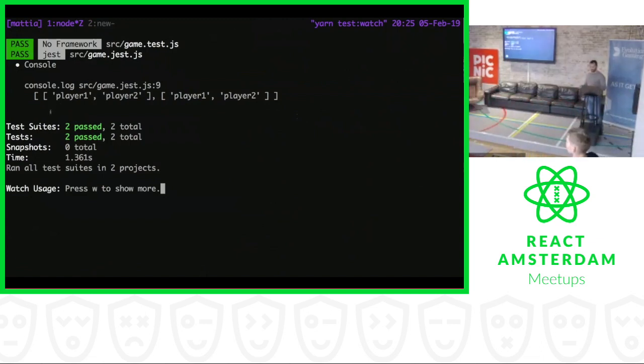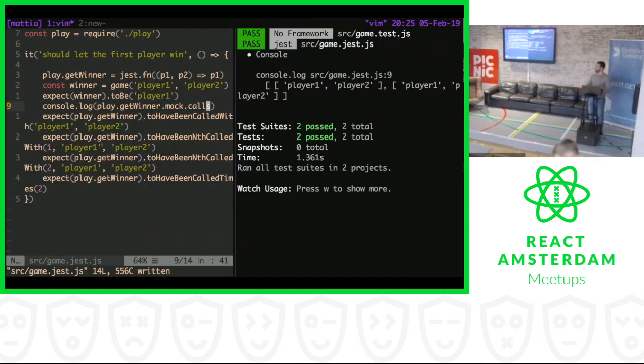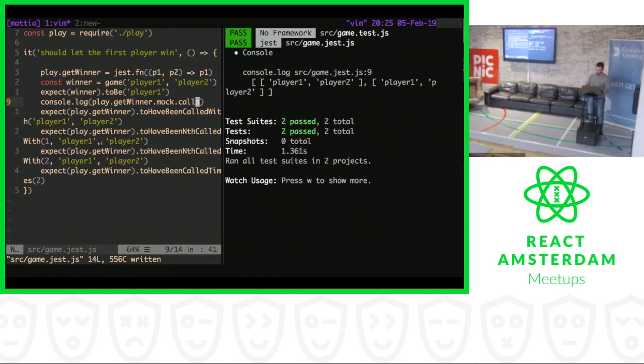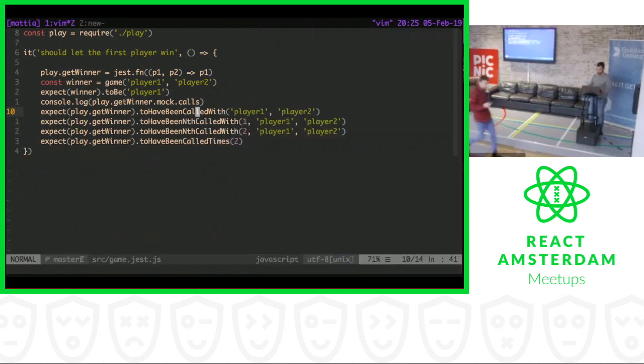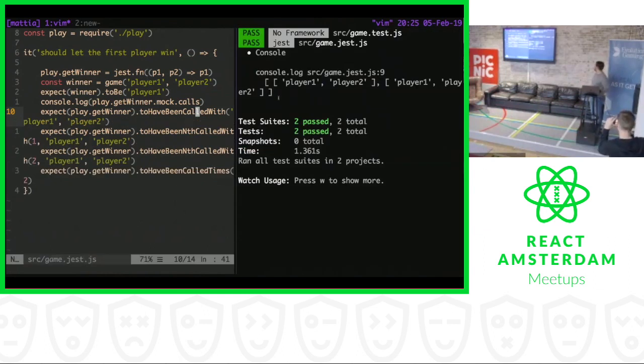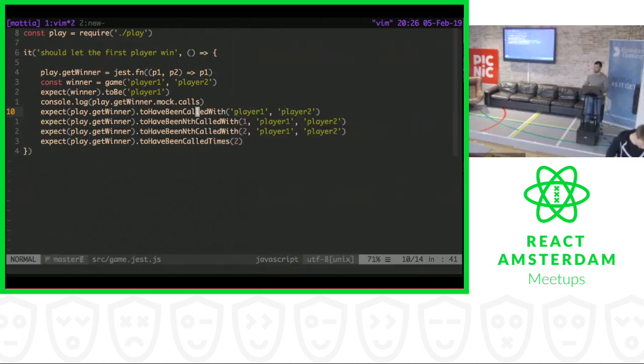So by looking at this, I'm starting to understand a little bit more what this toHaveBeenCalled does. Let me zoom out a little bit so you can actually see them. If you look at toHaveBeenCalledTimes(2), it is nothing more than the array.length, because we do know that we got two objects, the first array and the second array. And the same for the toHaveBeenCalledWith, especially with the nthCalledWith,